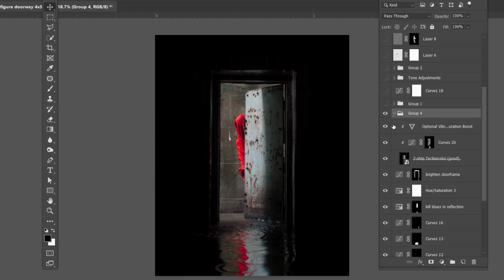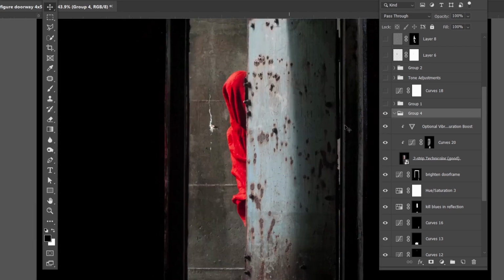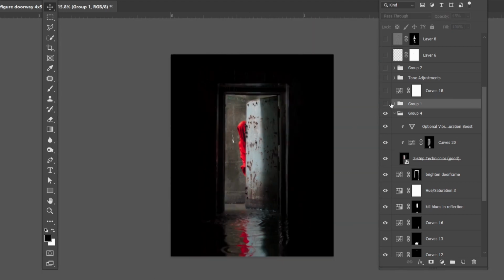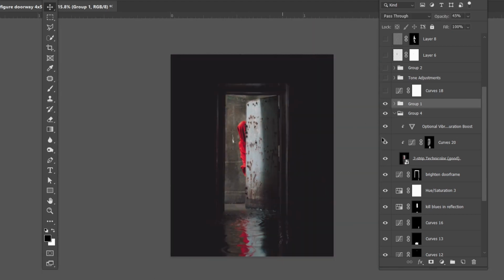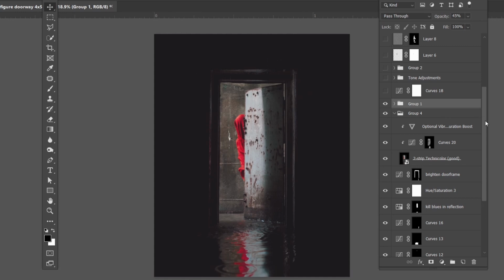Oh, this is like an action or something that I downloaded a long time ago. And it does a bit of desaturating. It really pumps up the red though. Okay, yeah, that's doing a bit. And then from there. Now, one way I used to edit that I really don't like anymore, and it was